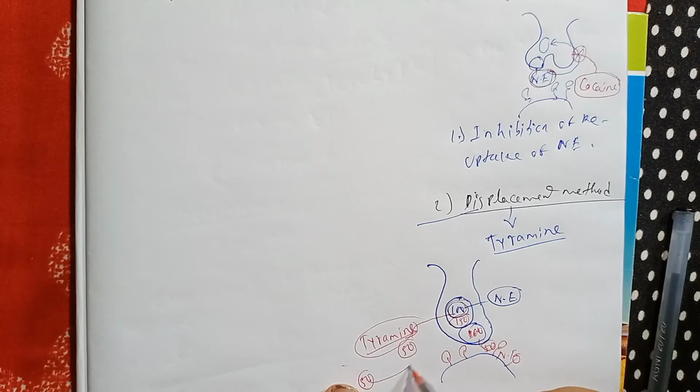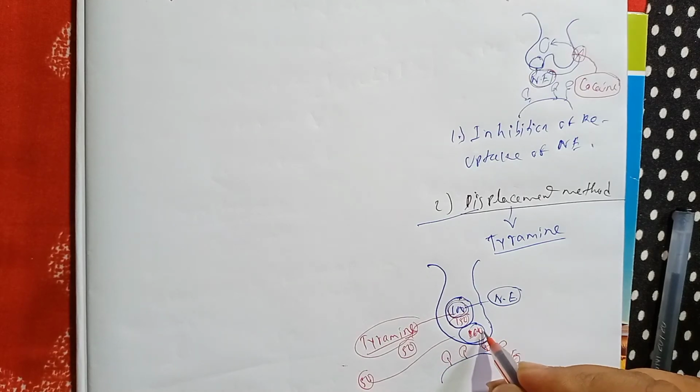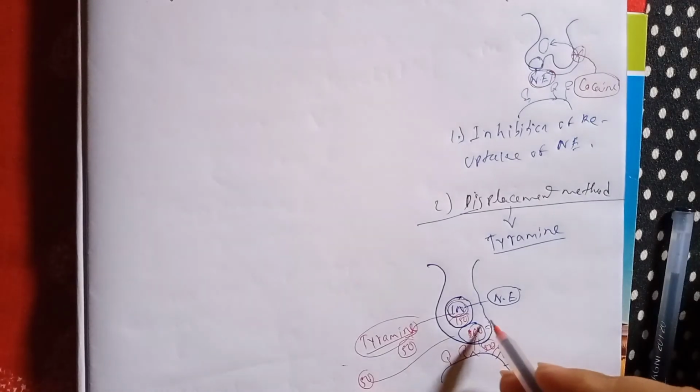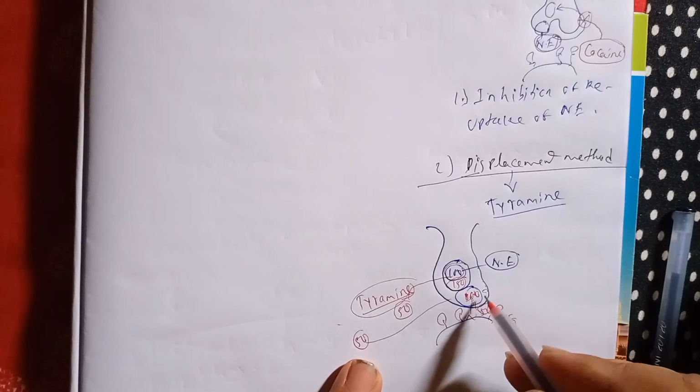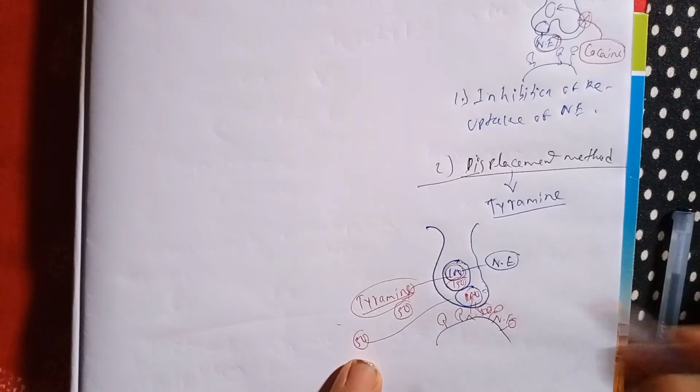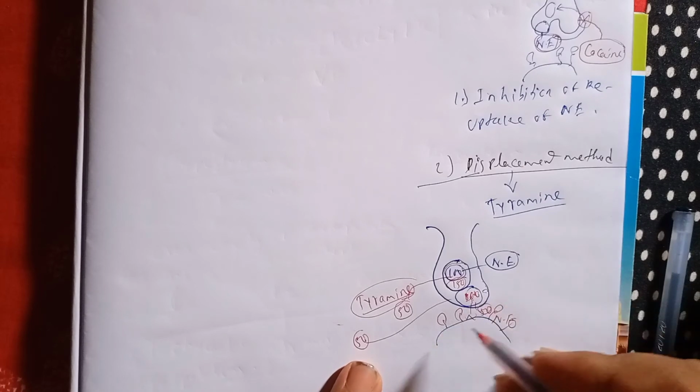Now if we give again more 50 molecules, then it will be totally again 150. Then again 50 molecules of the noradrenaline will be released. Then after that it will just bind with the receptors, then it will do its action. But within the vesicles, there will be no what? There will be no noradrenaline, because how much noradrenaline was here, that had been released earlier.